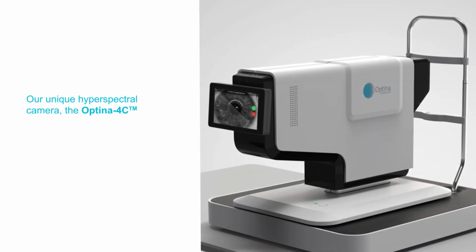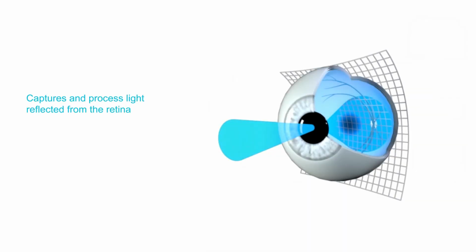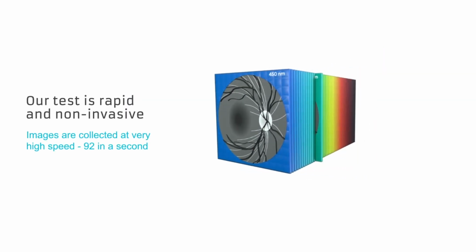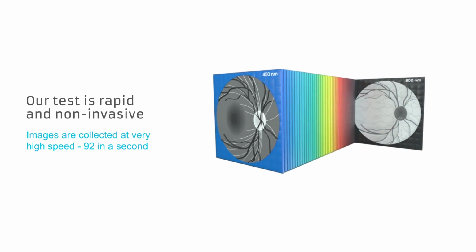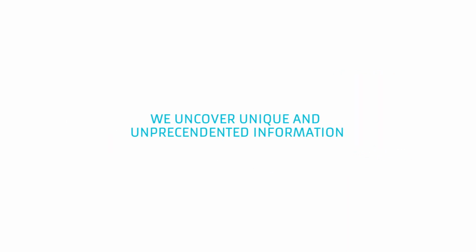The Optina 4C camera sequentially captures, in less than a second, a series of over 90 retinal images with a field of view of over 30 degrees, obtained at specific wavelengths or colors under mydriatic conditions, while the patient sees a rapid rainbow of colors. This series of images is called a hyperspectral cube of data and allows us to uncover unique and unprecedented information,